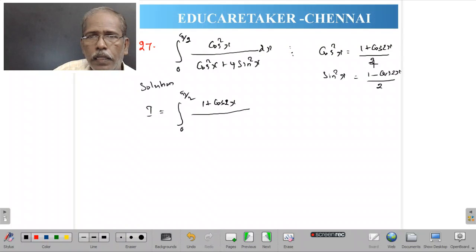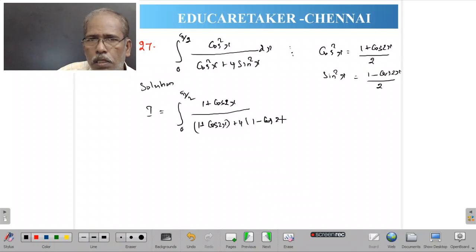The denominator, this 2 is common. Instead of cos square x, 1 plus cos 2x alone taken, plus 4 into sin square x, 1 minus cos 2x. So the common denominator 2 everywhere cancels, and dx. Am I correct? Then I will be equal to the integral from 0 to pi by 2,